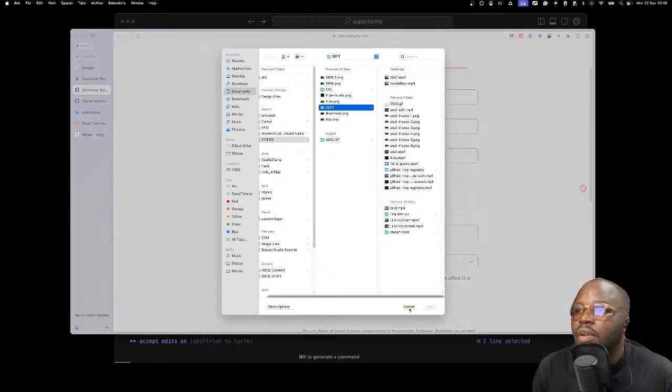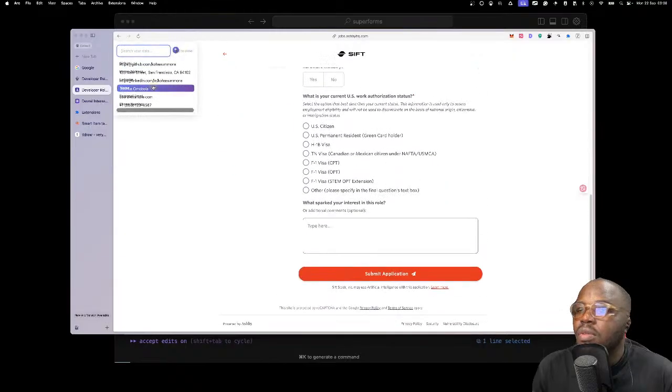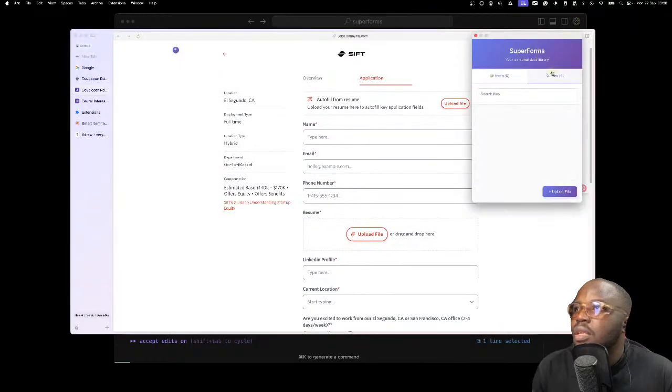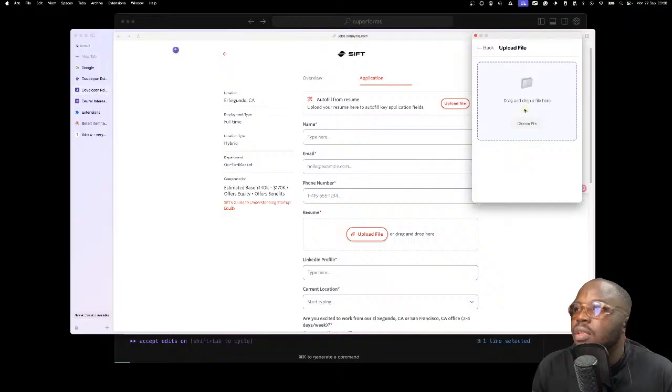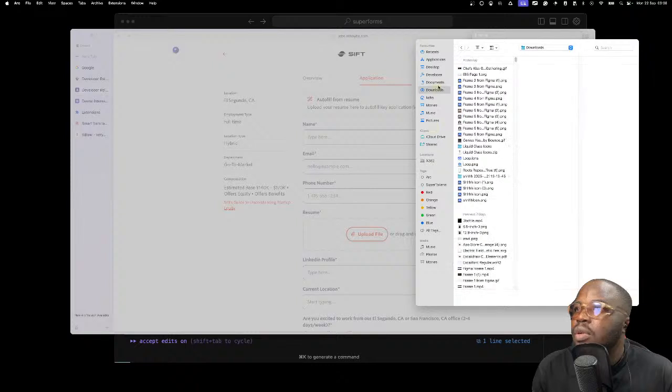Probably need to add the files tab section. So that's what I was trying to figure out. If I click on this, let's see, upload file, choose file. We need to add a resume. I'll go to downloads. We're gonna choose this.